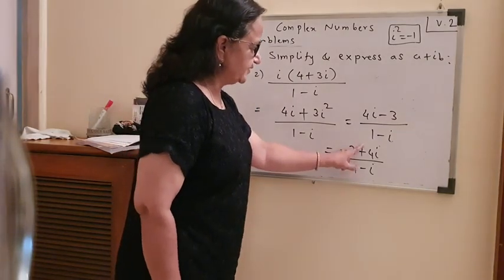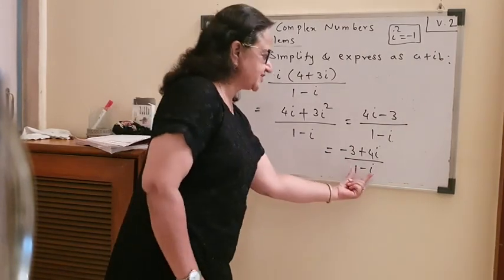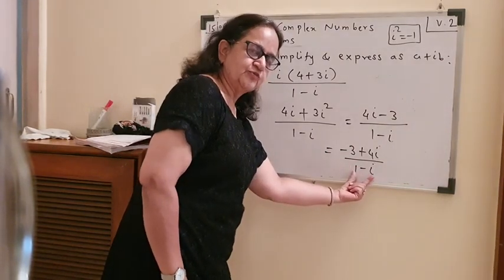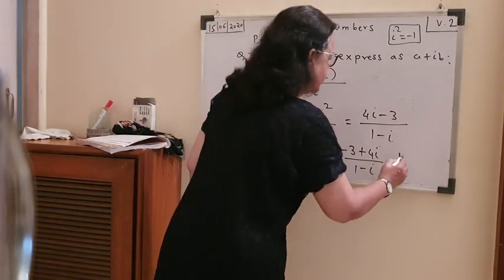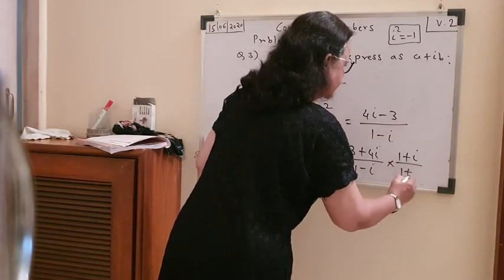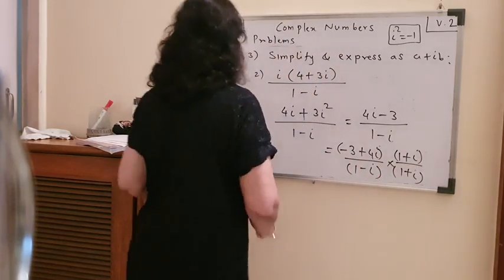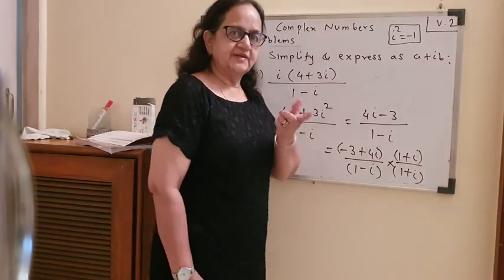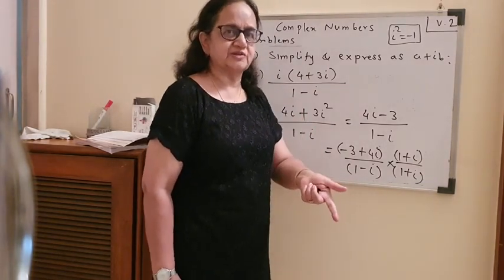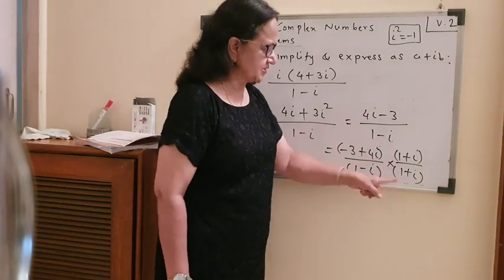Now when there is a division of two complex numbers, the method is always to rationalize the denominator. So what have you got down? 1 minus i. So how do you multiply? 1 plus i, up and down. Actually, rationalize is not a proper word, because whenever the denominator is irrational, the process you do to make it rational is called rationalization. But here nothing is irrational, it is just a similar process.